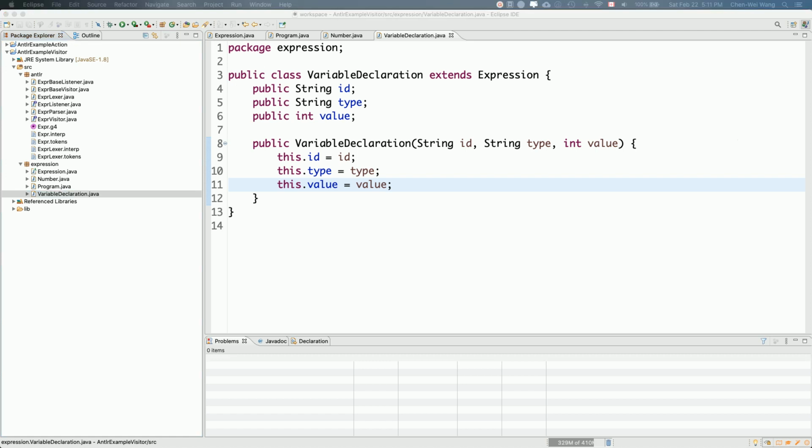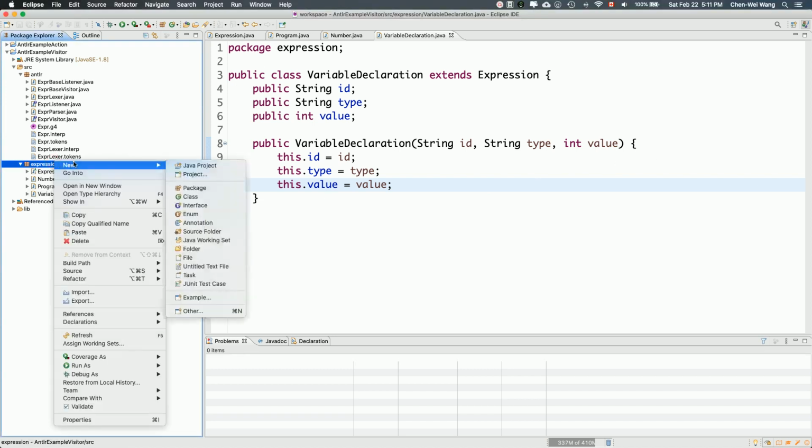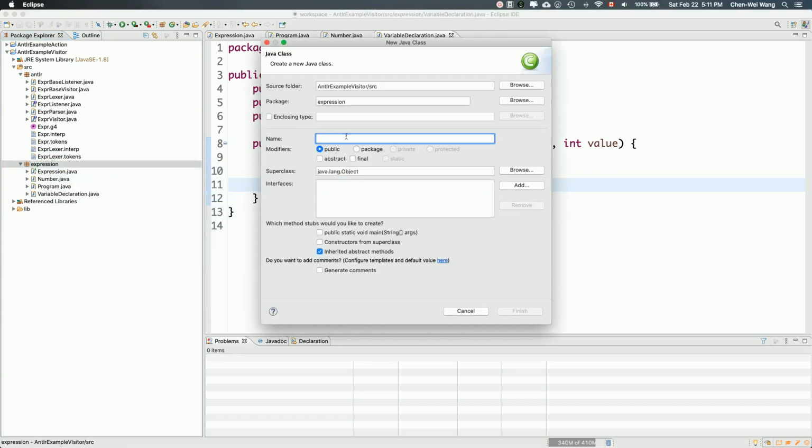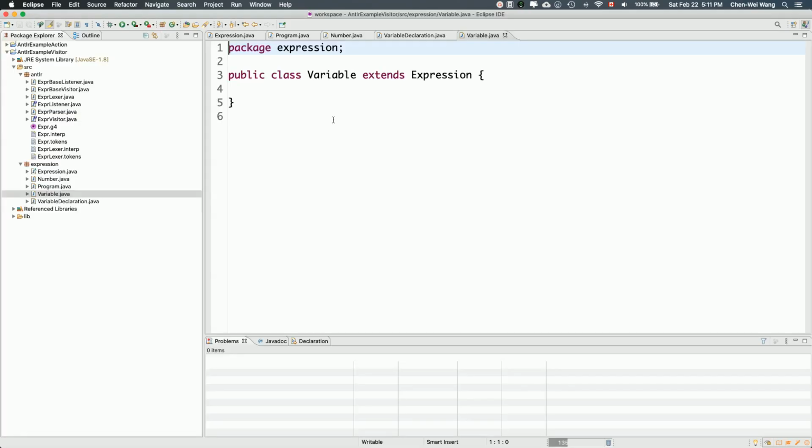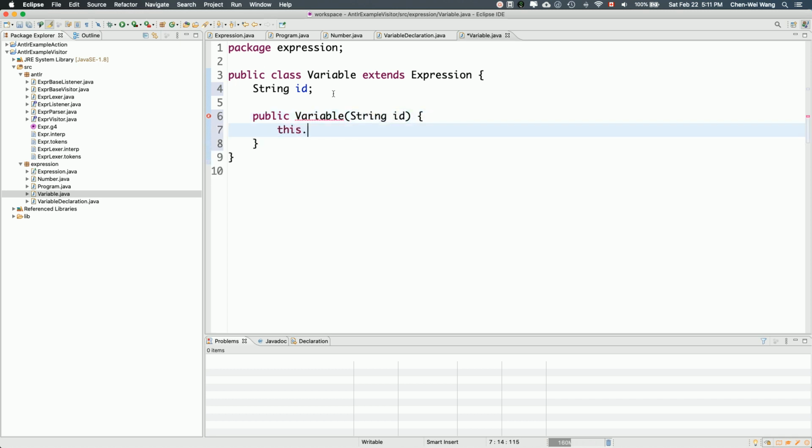The next one will be, let's say, Variable. For example, if you simply refer to i, assuming that i is declared, then eventually we want to evaluate what i's value should be. So now I can say new class, let's say Variable over here, and then I want to extend it from Expression. Okay, so now for Variable, the only attribute I have is the id, String id. And then I can say public Variable(String id) over here. This.id